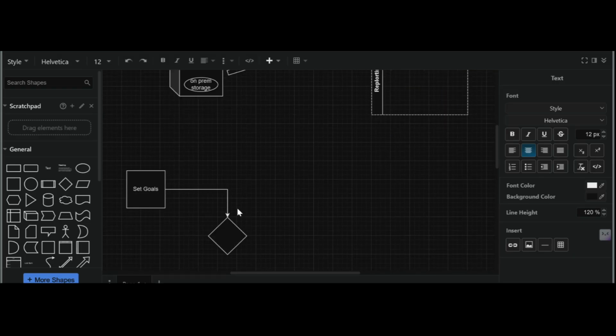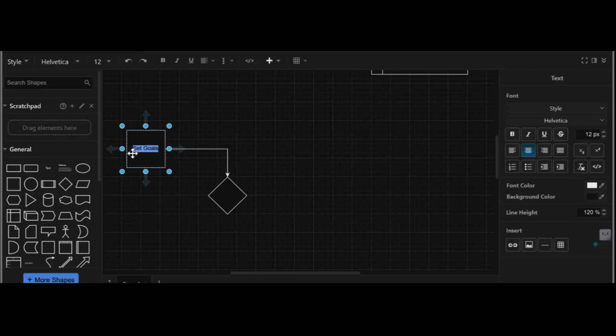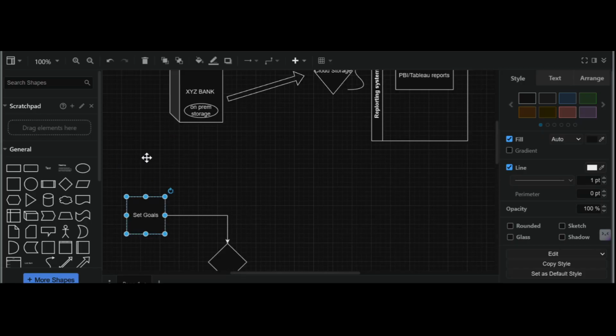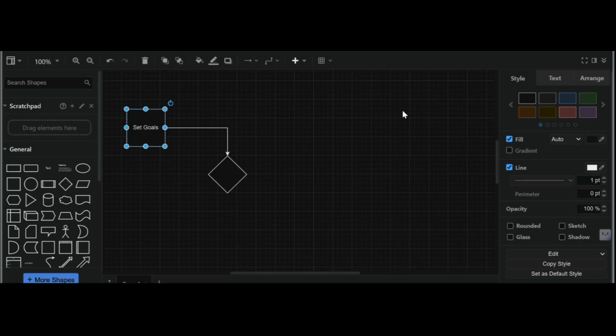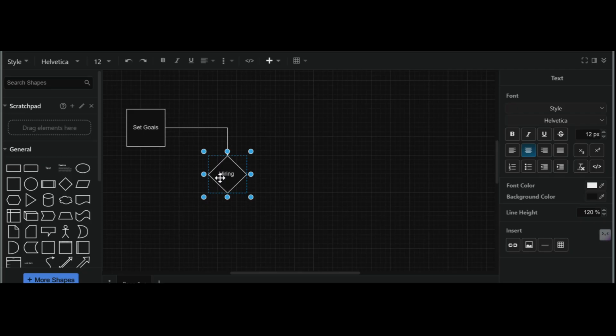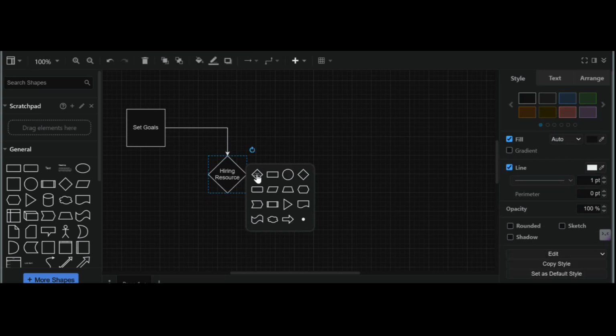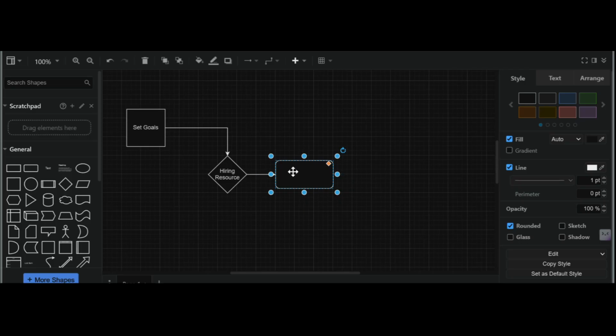Now, first thing in agile, they're going to set the goals. They will set goals: what are the requirements to complete this? What is the goal? So the goal is to get the reporting out of it. Now, while setting the goal, the second thing is to start the internal hiring. Why? Because they will need resources for it. That is step number two in the whole process. Once they finalize hiring the resources, the third thing they're going to do is set